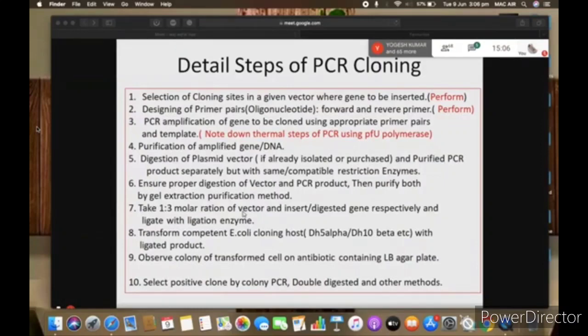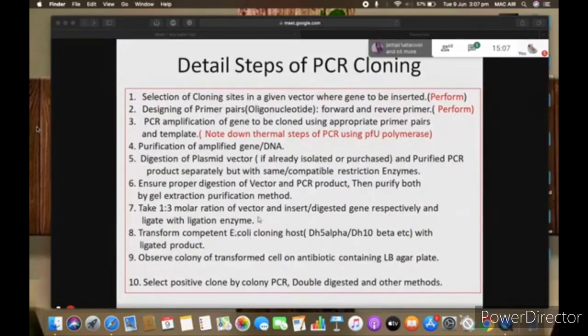Then we spread that 1 hour incubated culture on plates having LB agar and the respective antibiotics, depending upon which vector you have used for cloning. This transformation protocol takes about 2 hours.